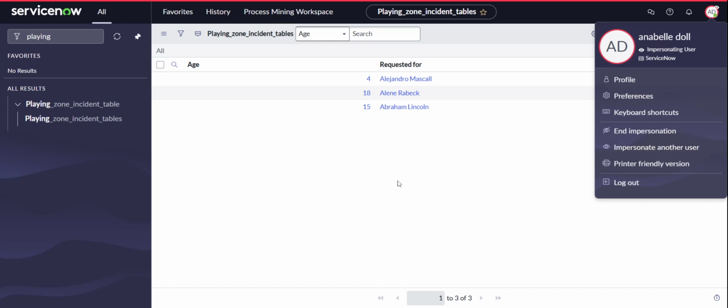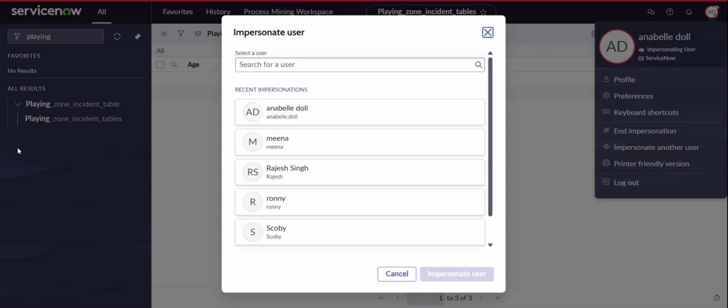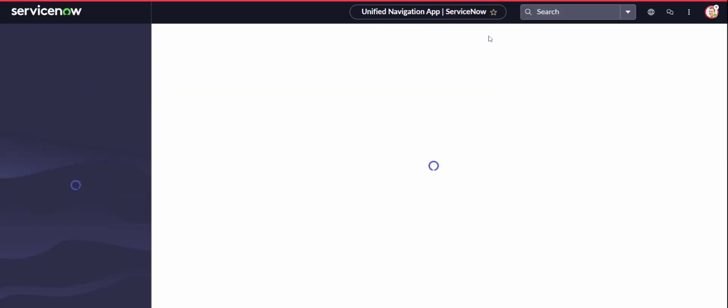Why? Because the impersonator role is not given to Annabelle. So she is not able to impersonate another user. So what we have to do, first we have to end the impersonation, then again